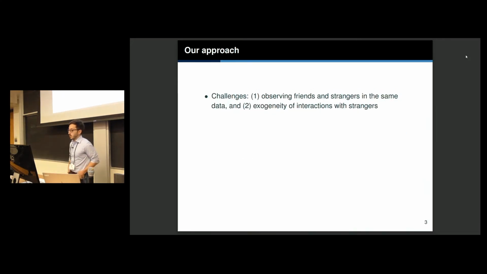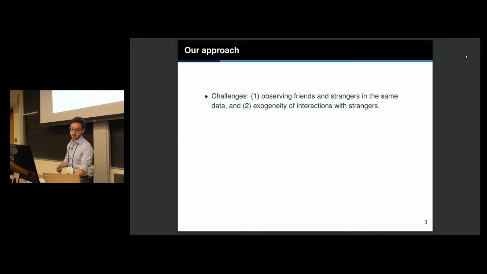So there's a few challenges to answering these questions. First, just observing friends' interactions and stranger interactions in the same data set is quite rare. But second, conditional on observing those interactions with strangers, it's hard to say how exogenous those interactions really are. If you have two people who happen to be in the same place at the same time, and one of them adopts, and then soon after another adopts, well, it's plausible that it's a peer effect, but it's also very plausible that these are correlated unobserved shocks between these two people that are both leading them to adopt